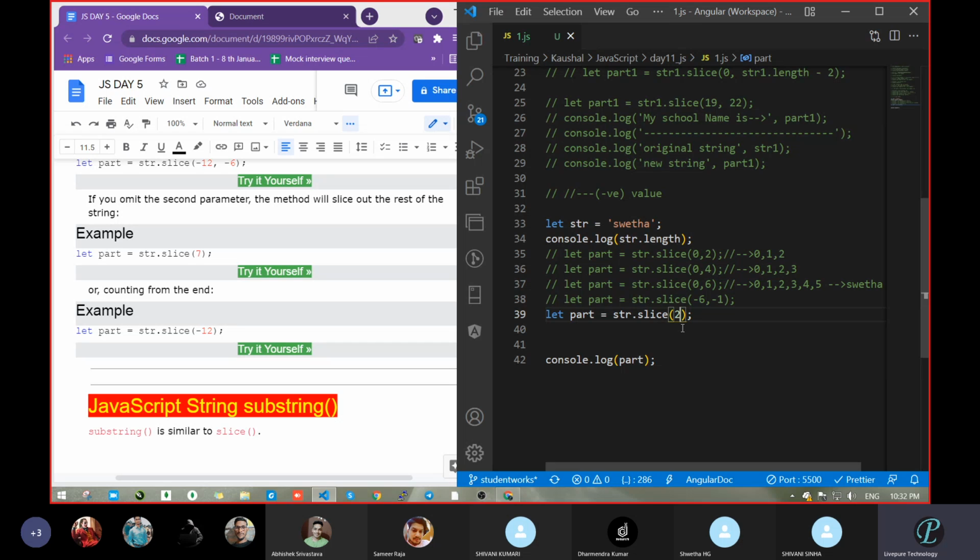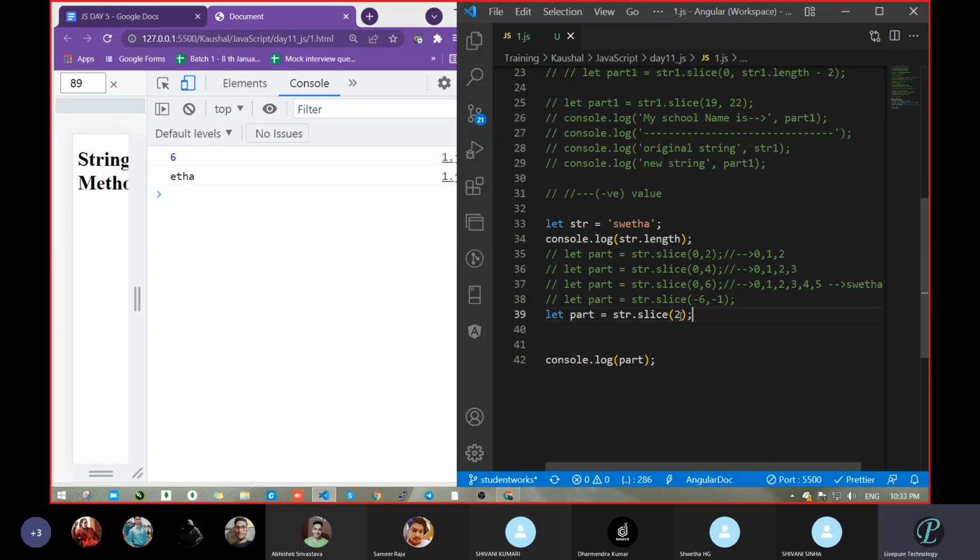If you don't pass the second parameter, it will go up to last. It will consider the start as the digit which you passed and the end as all. Clear? Anyone having any doubt? Tell me. Sir, pass -1, sir. Yeah, we will come to the negative scenario.